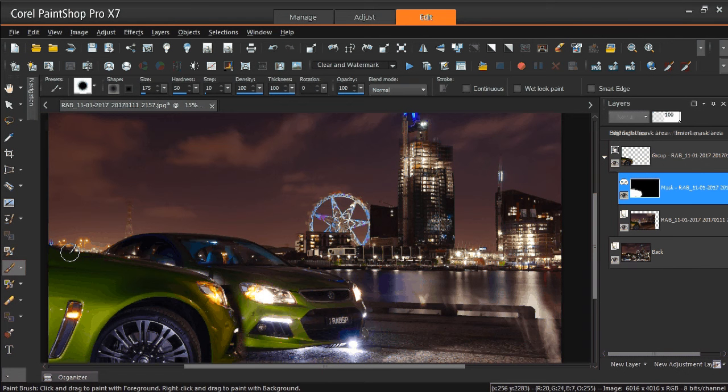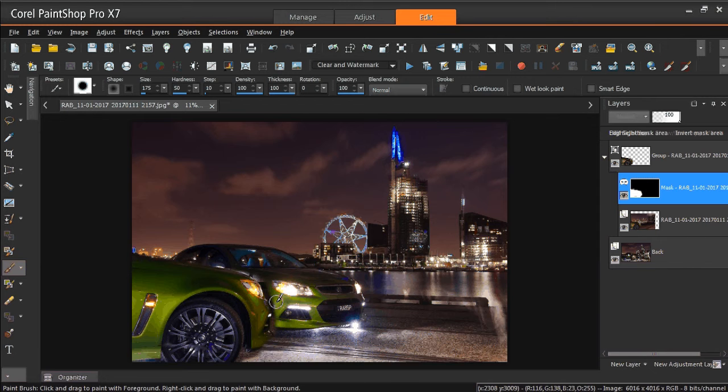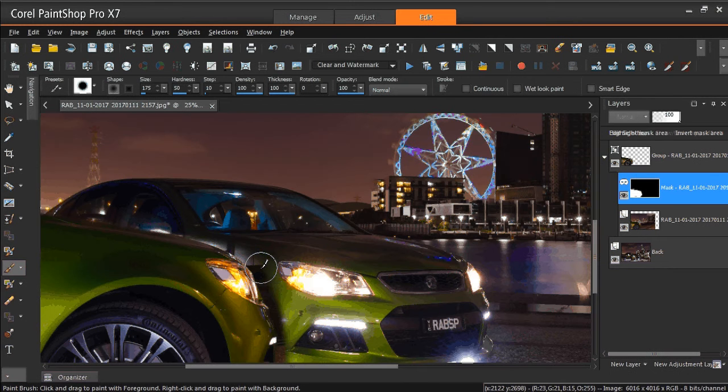Get a smooth line coming up here. And actually I kind of like that little Ferris wheel that was there, so I might just change that photograph so that it's there. By going close here, I've got to fix this up because when I got close to the bumper bar there, to the front bar,